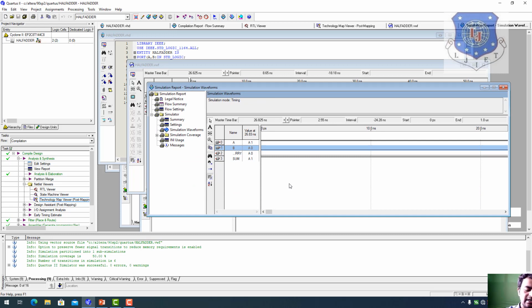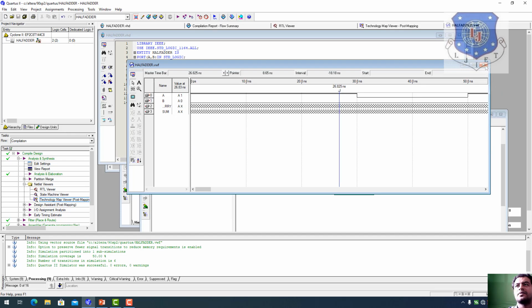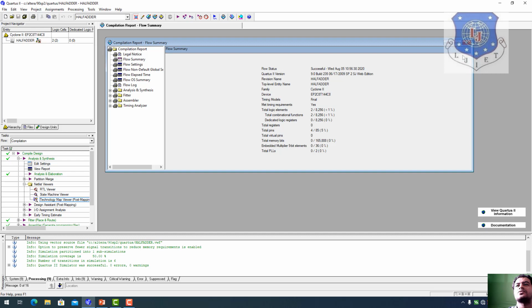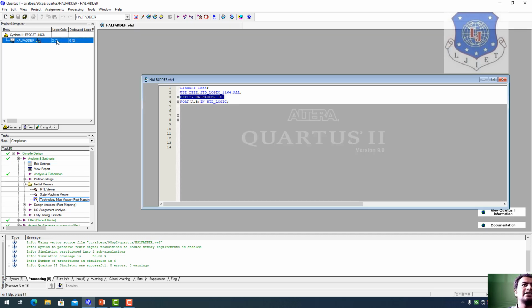So basically when we are talking about Quartus software, and when we are dealing with specific software in terms of Xilinx or Quartus, then we have to work on a specific type of software or specific type of HDL language, and after writing the code we have to simulate it, and also we have to synthesize it. So I hope you are getting the idea about the software in terms of the simulation point of view too, or in terms of the hardware point of view we have to see the RTL and schematic view.